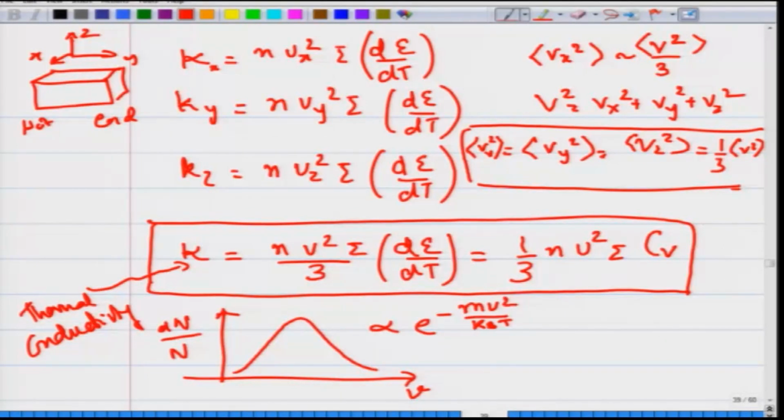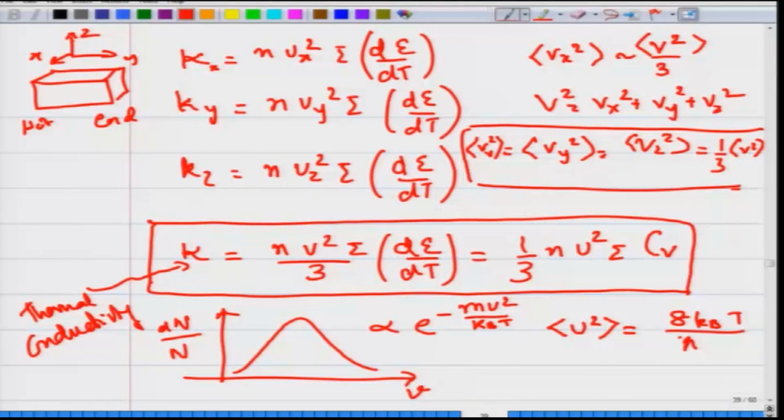Now, in kinetic theory of gases, you have learnt how to calculate the mean square velocity, and if you calculate the mean square velocity of the electrons using this Maxwellian distribution, you can show that it is specifically equal to 8 kBT